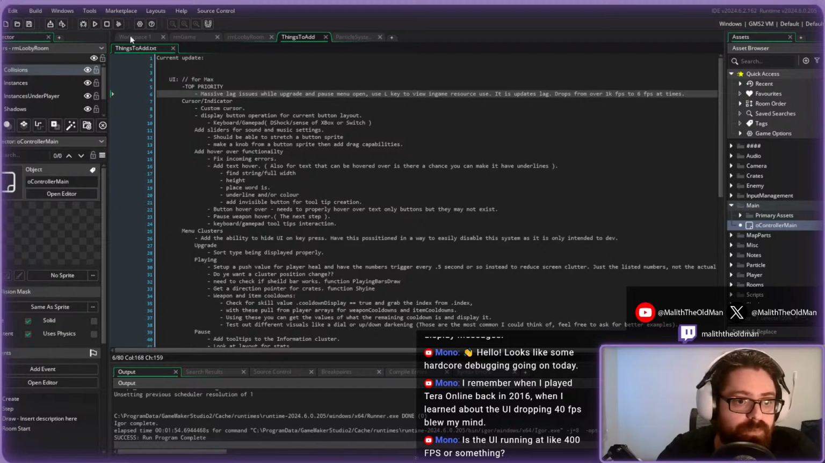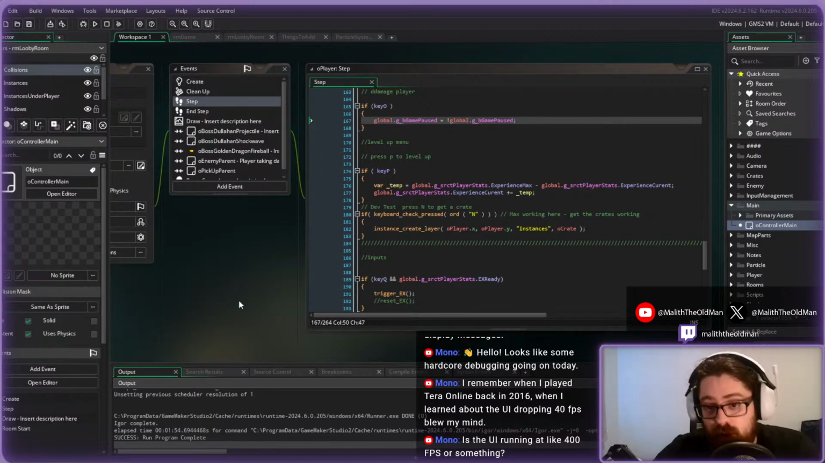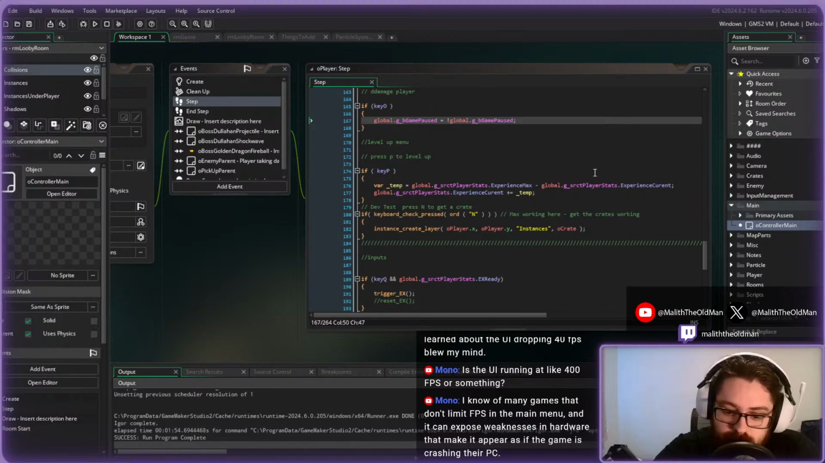Alright. Well, that's kind of scary. I know you don't limit FPS in the main menu, and it can expose weaknesses like hardware that make it appear as if the game is crashing their PC. See, now that's the thing, that shouldn't be the case in here, because this is where it's actually kind of funny. Technically speaking, in this sense, the